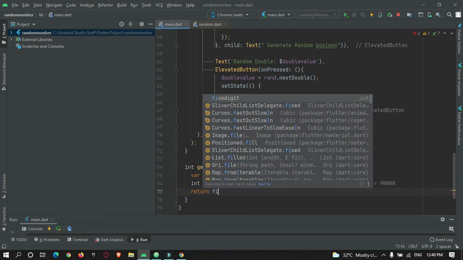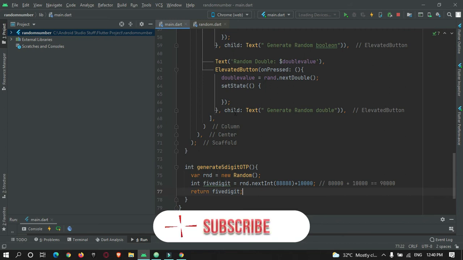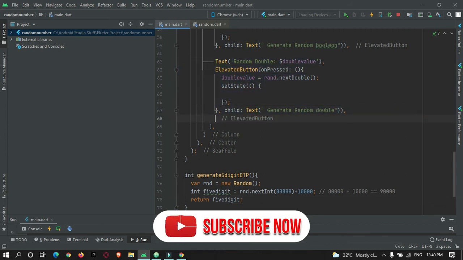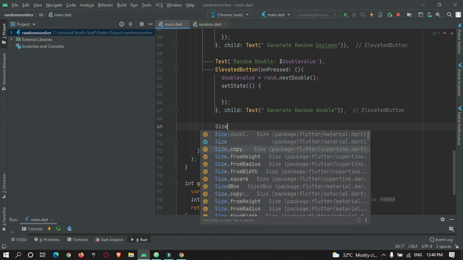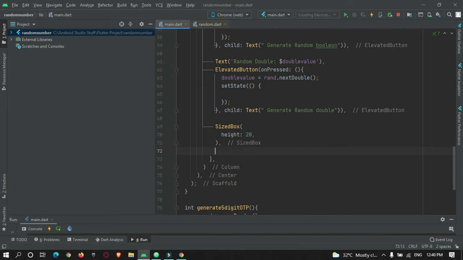Return fiveDigit. Now let's call this method from when the button is pressed. I will copy this and paste it over here. I will give a height to this. Height I will give as 20 so that there is a gap between the upper widget.